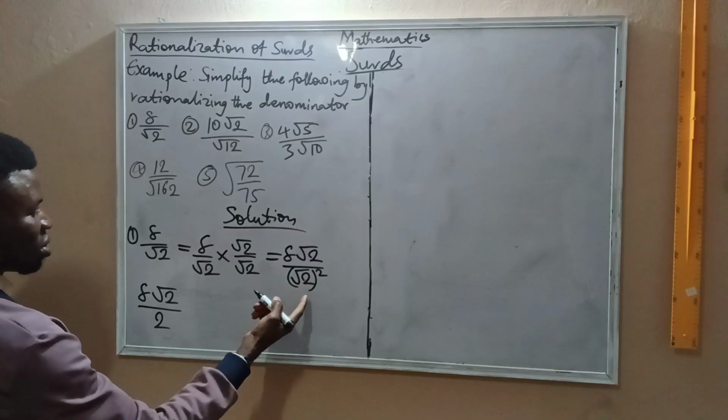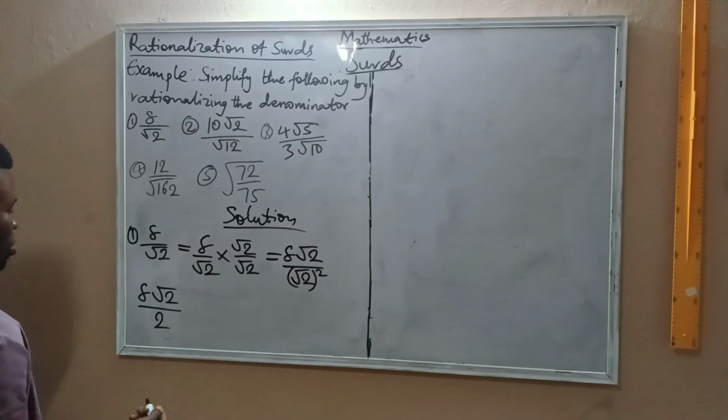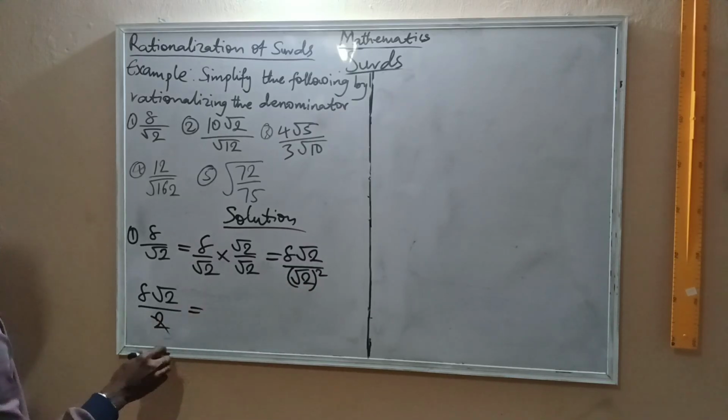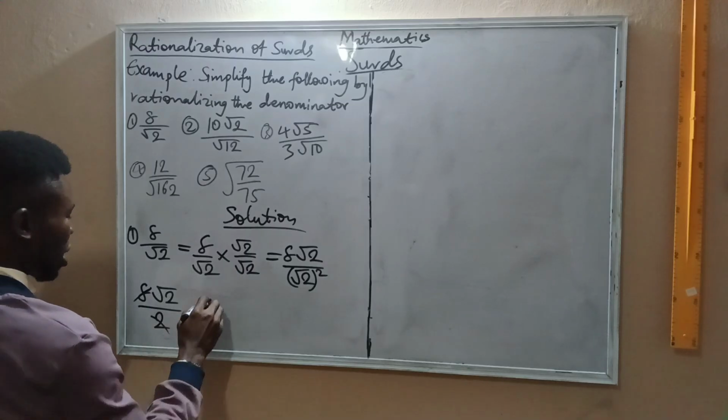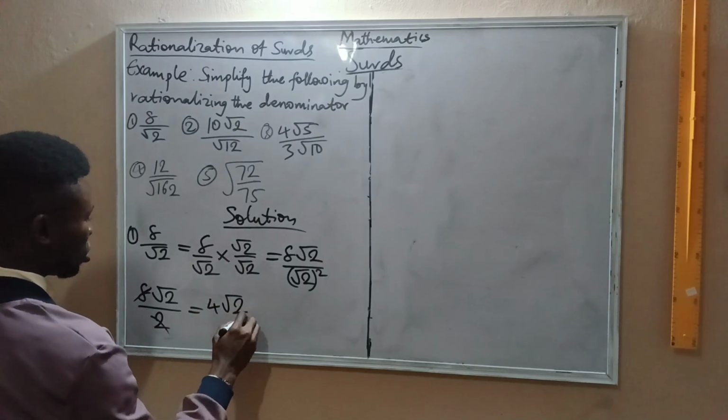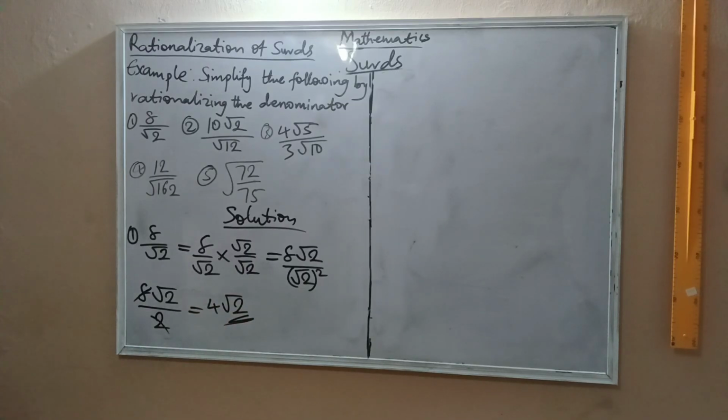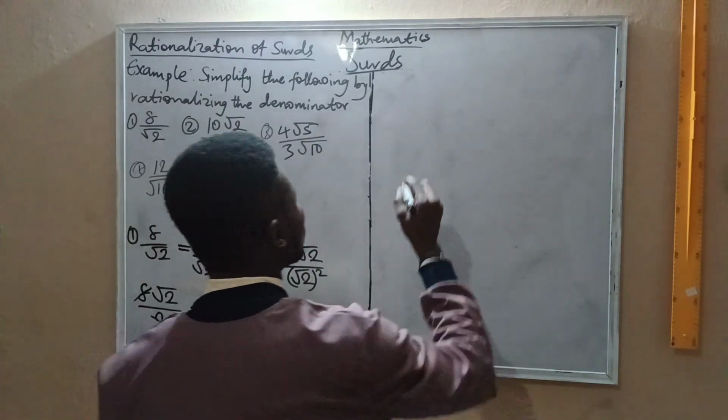That means surd 2 times surd 2, the square root of it, that is 2. So notice that 2 can go in 8. We have 4 surd 2. And number 2